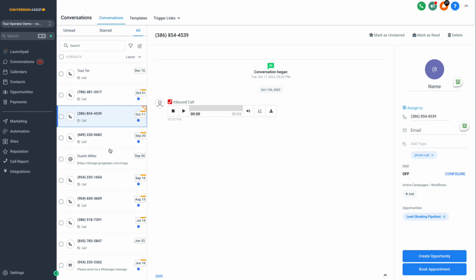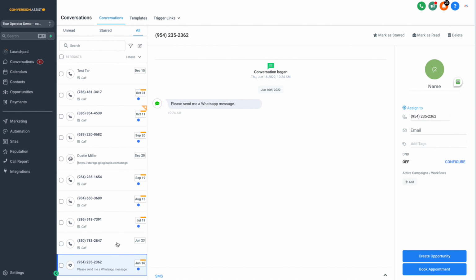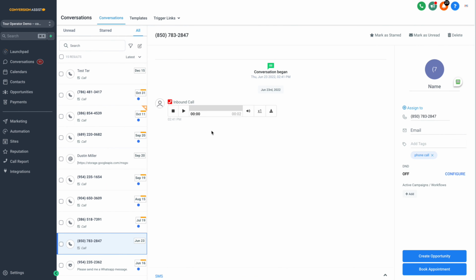Let's say we are going to have a text conversation with somebody. I would use this as an example right here. We'll use this one. On the very bottom of this page, you'll see there's a little bump out button right here. And right now it says SMS because this was a phone call. And so the only way I can communicate with this person is by SMS. But if this contact, who doesn't have a name, also had an email address, right? So I add their email here, like